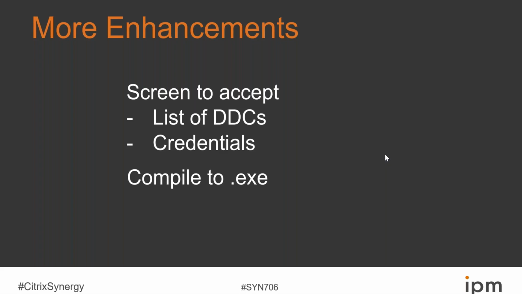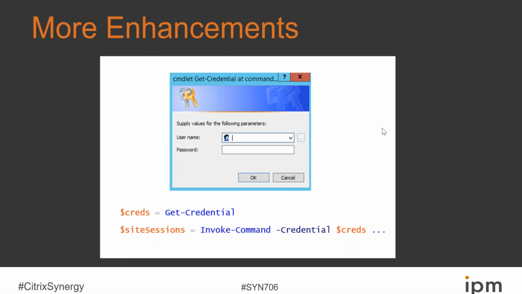And also, most of the time you will be invoking this particular script from your own administrator credentials, but you may want to invoke it using an alternate set of credentials. So you may want to create a screen that says, I want to use an alternate set of credentials. In order to do that, you just issue get credential, which is also a standard PowerShell commandlet. What get credential does is throw up an NTLM pop-up, which will ask you for your credentials. It will then